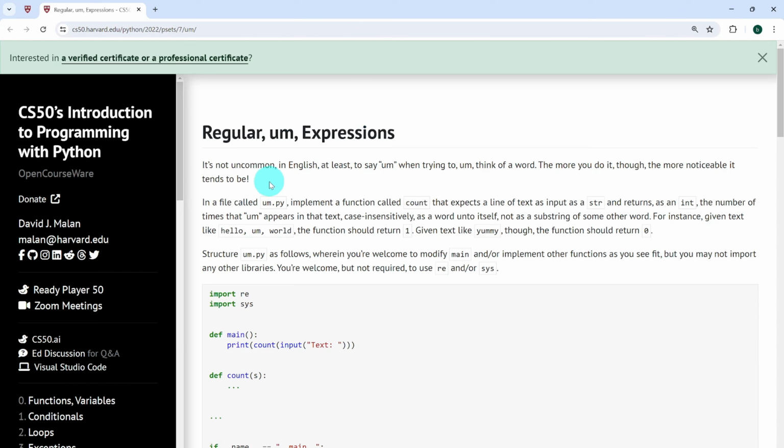So in a file called um.py, implement a function called count that expects a line of text as an input as a str and returns as an integer the number of times "um" appears in that text, or if you prefer, case insensitively. So be it uppercase or lowercase, as a word unto itself, not as a substring of some other word. For instance, given text like "hello, um, world", the function should return 1, but given text like "yummy", the function should